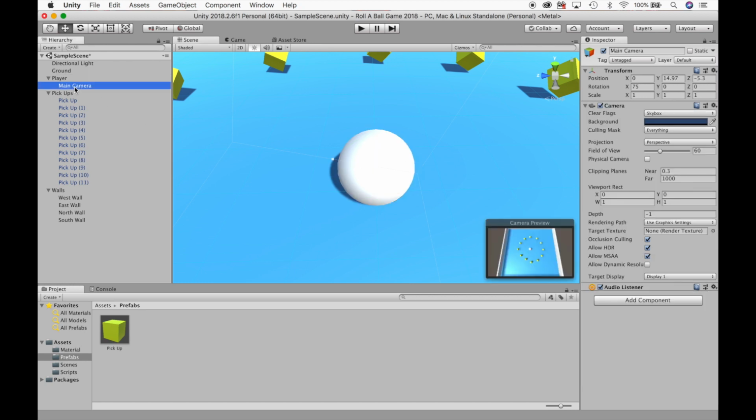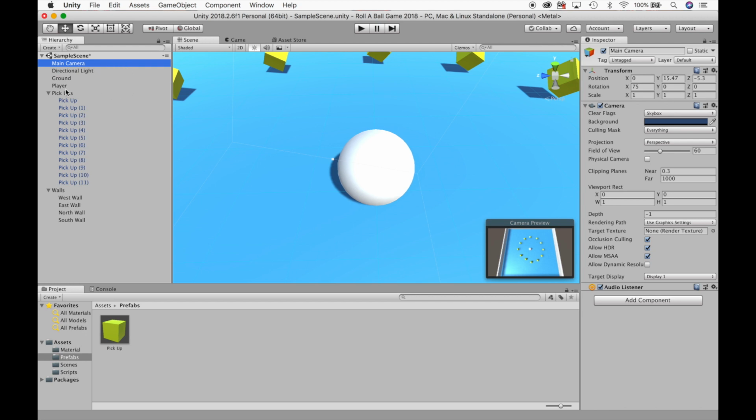Let me take that camera and let me drag and drop it outside. Let me put it back on the top here. That's kind of an interesting effect, right? That's something you maybe want to play around with, but that's not what we want to do. We want to follow the player, but we don't necessarily want to roll with the player as it moves around in our game. The approach that we're going to take is to create a script for this main camera to